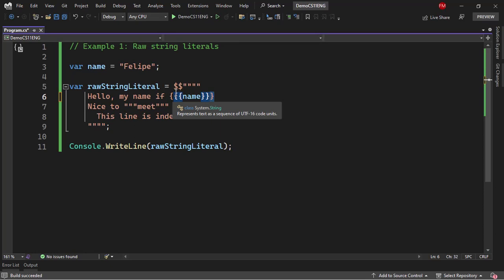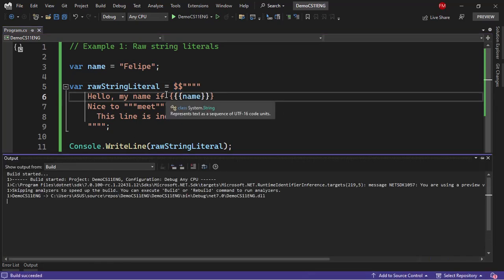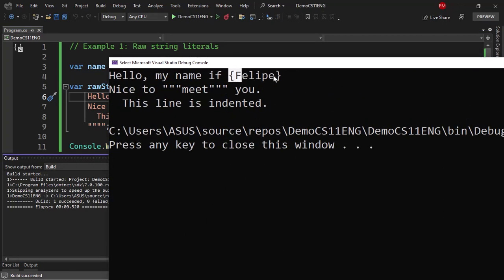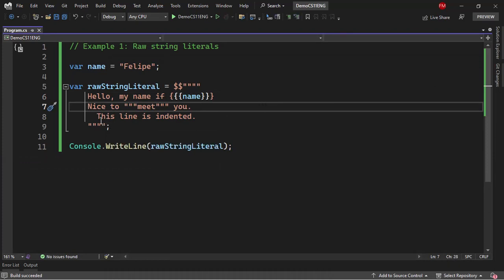So the idea here is that I can indicate how many curly brackets initiate a C# expression by using as many $ signs here. So let's press Ctrl F5 and we're going to see that indeed we have my name inside of curly brackets. So let me close this and let me tell you that there are some rules in order to use raw string